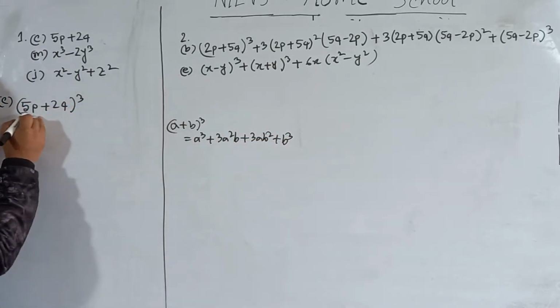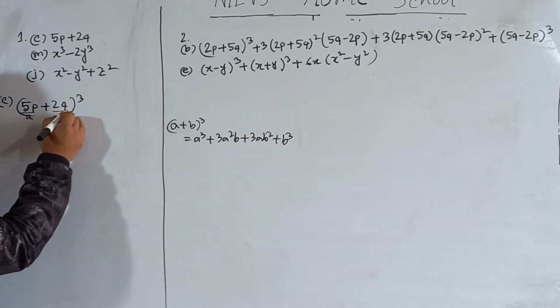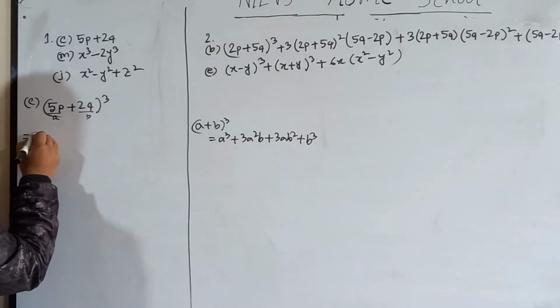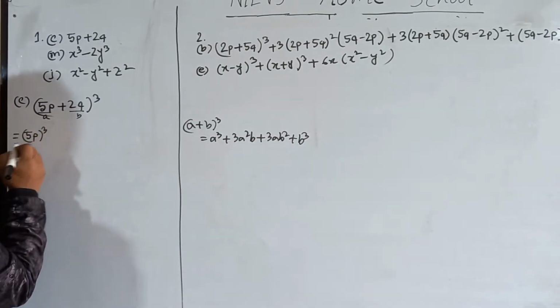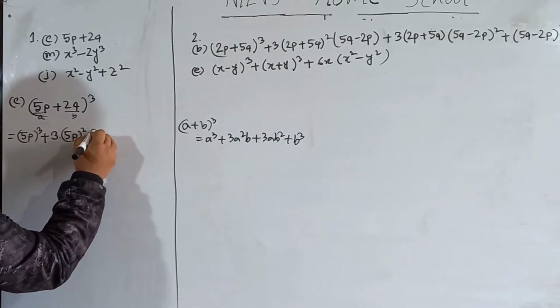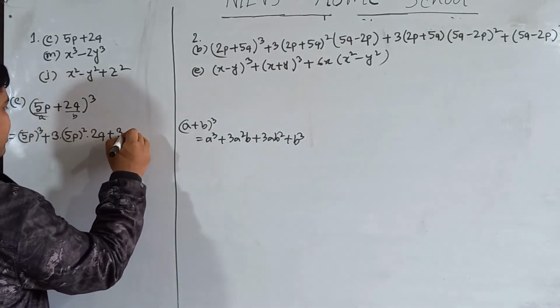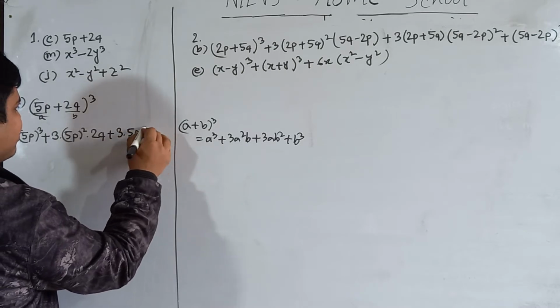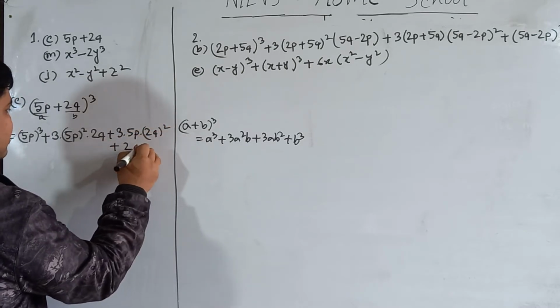Here we consider 5p as a and 2q as b. So 5p cube plus 3 into 5p square into 2q plus 3 into 5p into 2q whole square plus 2q